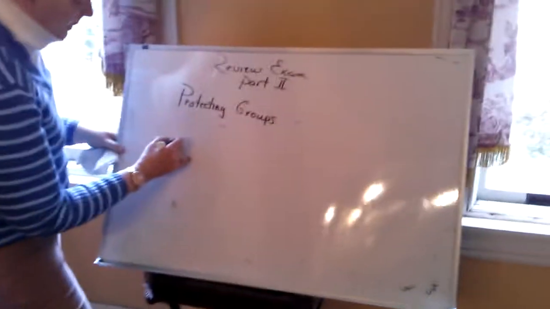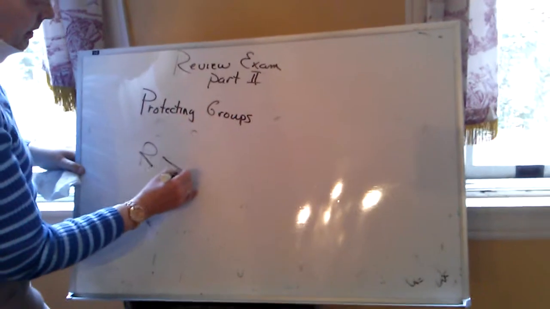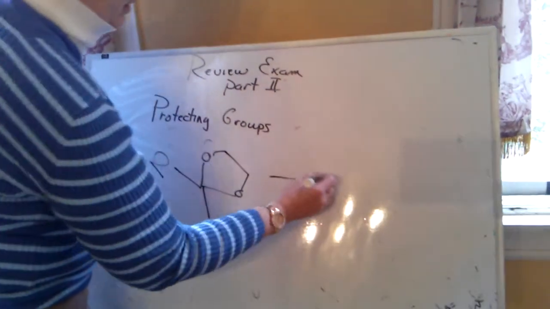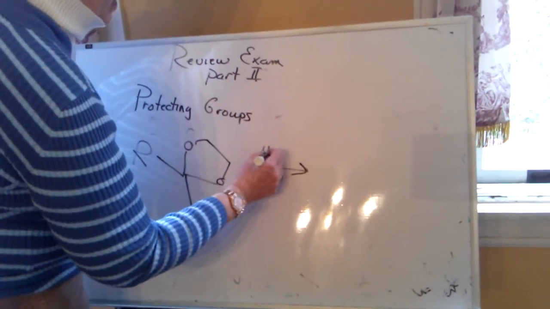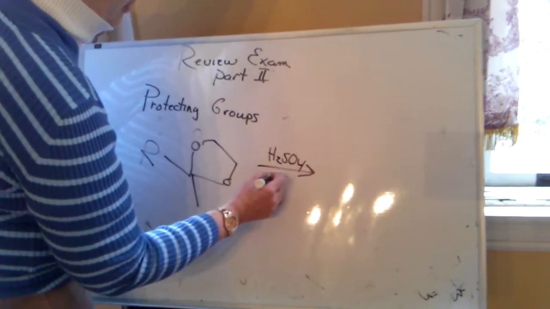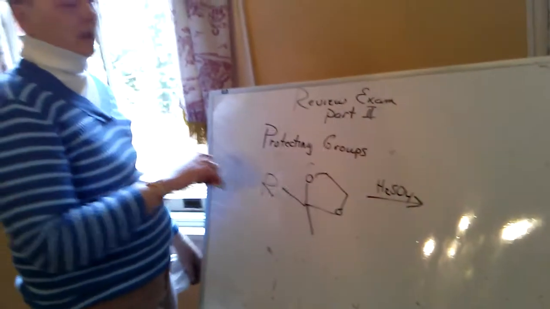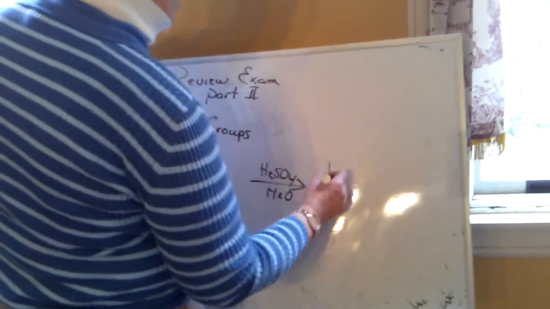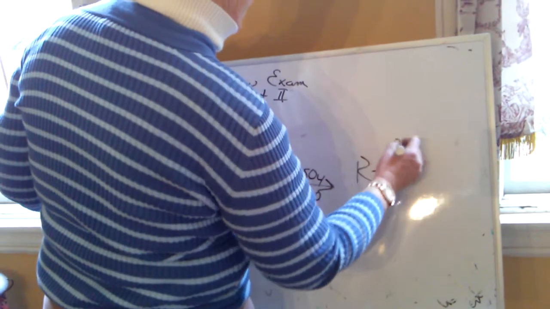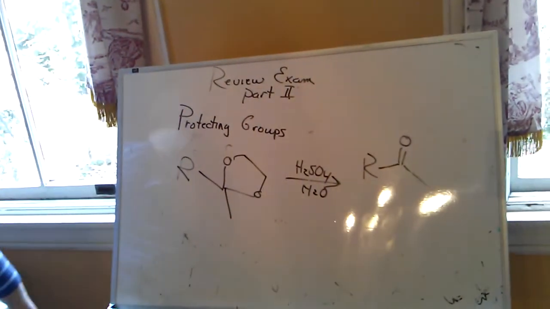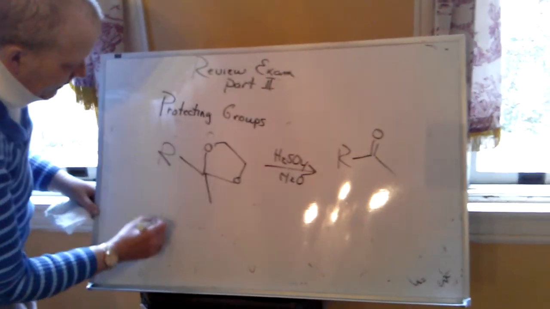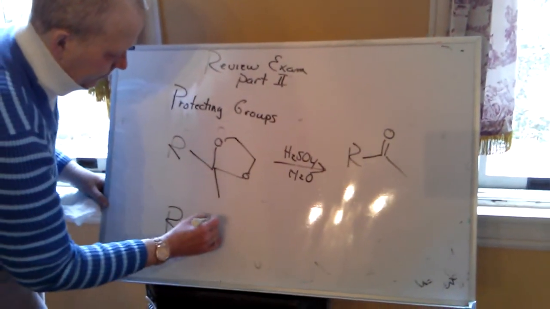So this group, like for example, if you had this, etc., this comes off with acid, but not in the presence of alcohol. When you flood it with alcohol, it goes on. When you flood it with water, it comes off. In this context, I want you to be more aware of this as a protecting group, not so much mechanistically. I'm not going to ask you the mechanism of this. Now this one, I suppose I might, but if you had the alcohol protecting group,